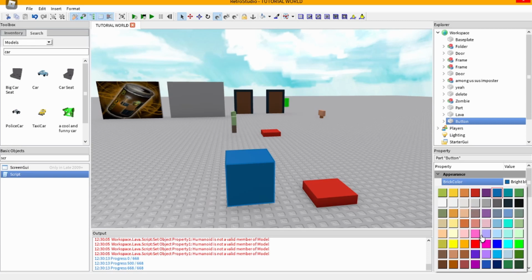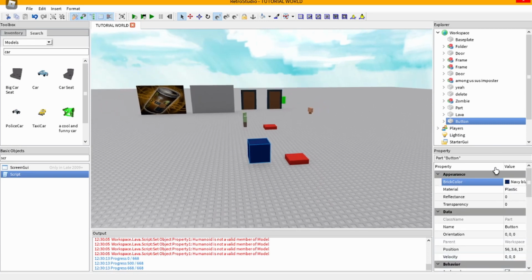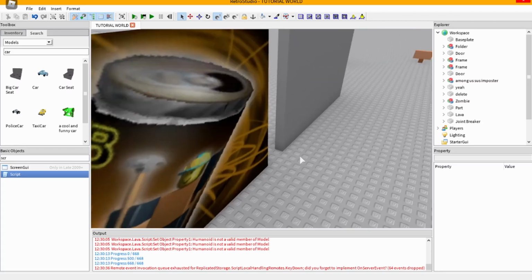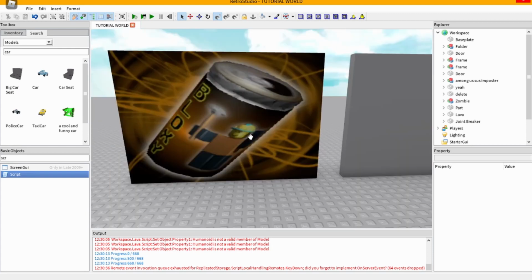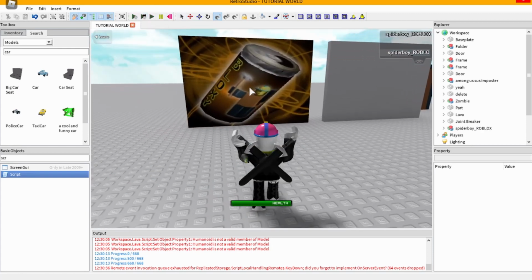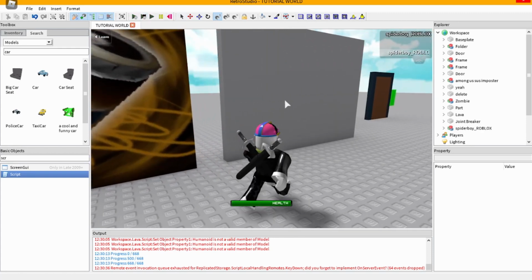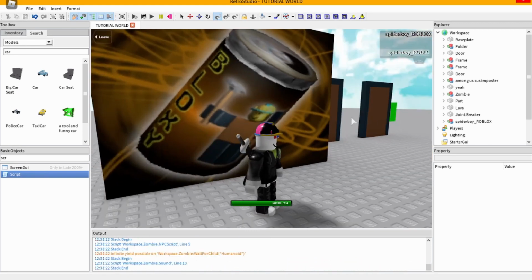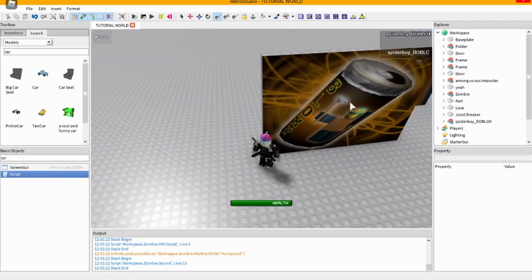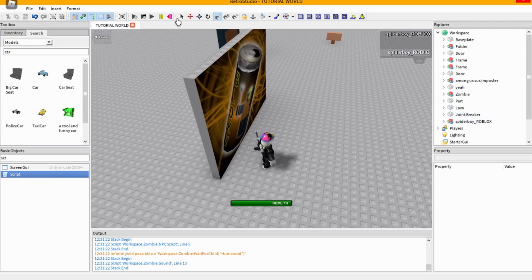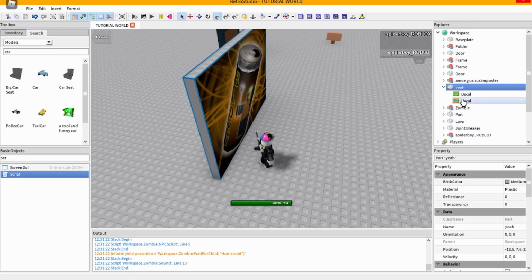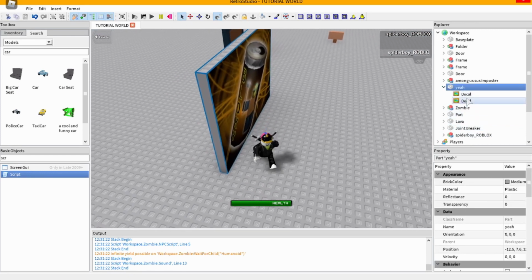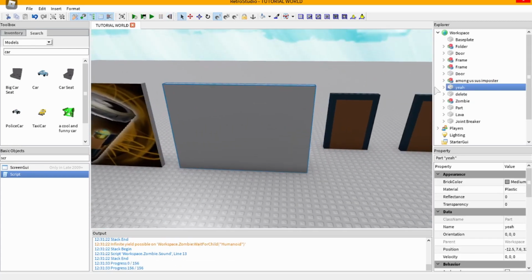I'll make this a different color for organization. Someone asked, in the last video we had this thing where, if you click this, it puts the decal from that onto this. But as you can see, there was a problem where there would be more than one, and in order to stop that,